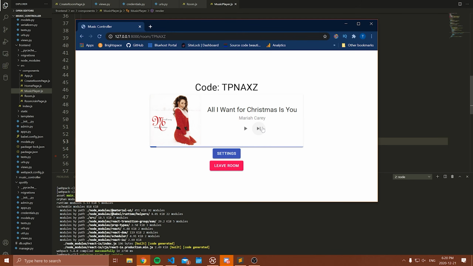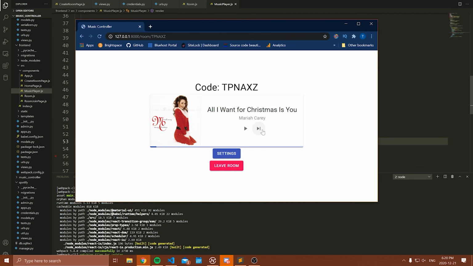Now this is going to require some modification to our application. We're going to need to store who has already voted. We're going to need to check how many votes there are for a room. We're going to have to check if the person voted for an earlier song or if they're voting for the current song. You can imagine there's some complexities that we will have to deal with. But anyways, this is pretty cool.